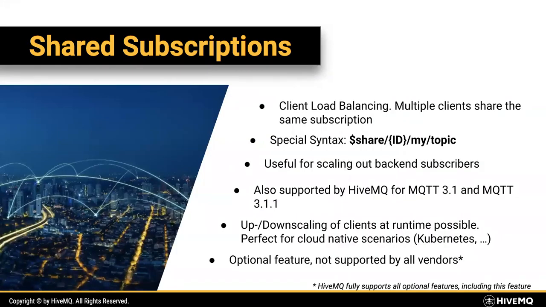So we have also blog posts on this, if you're interested in how to do this, but basically it's super easy. As an MQTT client, the programmer would just subscribe the client to a so-called share topic, which is $share/some ID, and then the actual topic you want to subscribe to. And this is the shorthand for indicating to the broker you want to have a share subscription. And then you can dynamically scale out, scale down how you need this and still have all the MQTT guarantees you get. So this is very, very powerful.